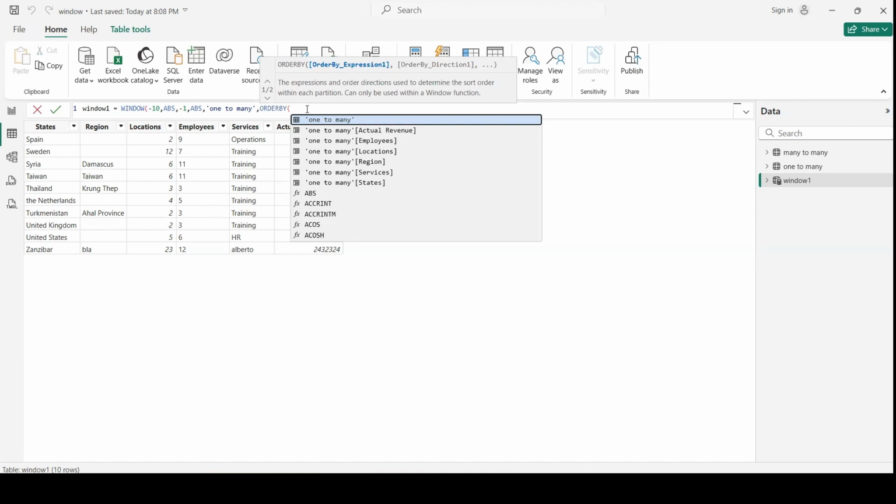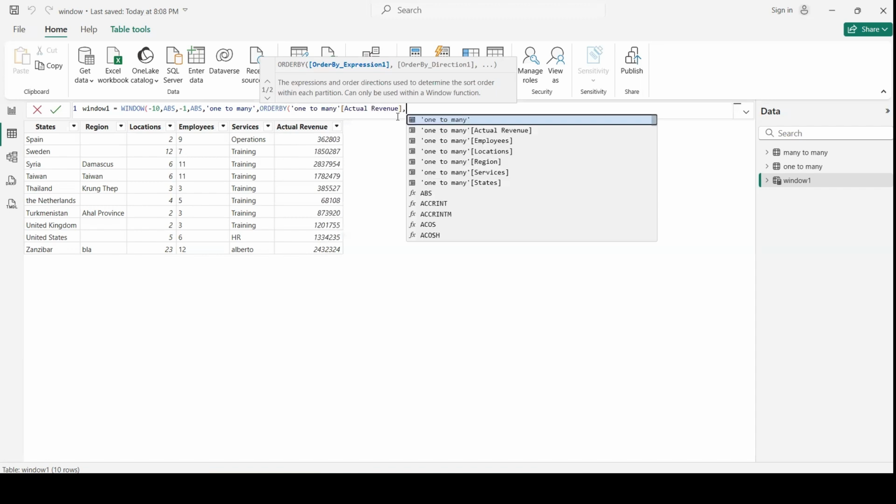So we will say that we want to order by actual revenue. So meaning that I'm going to use one-to-many actual revenue, and I have two options to order by, ascending or descending. Let's say descending because I want to see the top three.